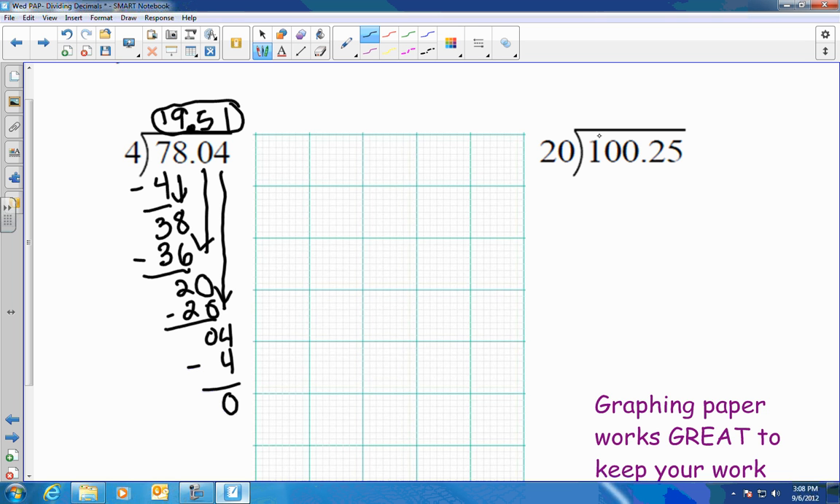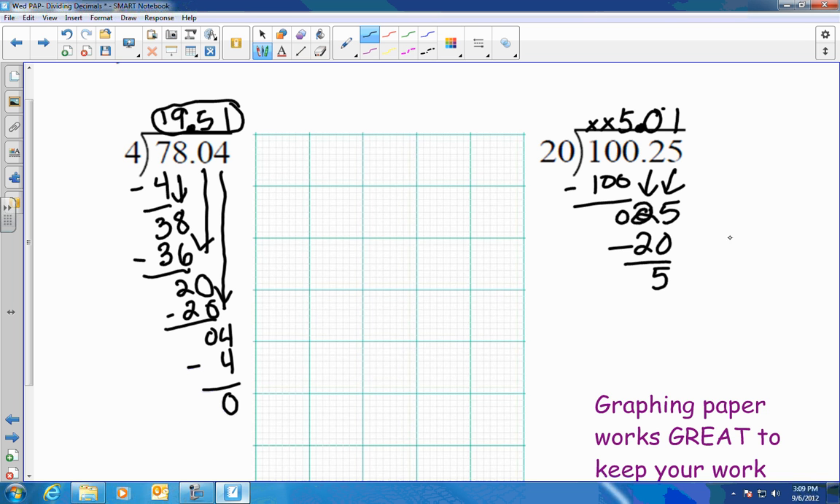Now 20 does not go into 1, so I put a little X up here. 20 does not go into 10, so again I'm going to put a little X up here. 20 does go into 100, and that's 5 times. There's not going to be anything left over, so I'm going to drop down my, make that into a 2. 20 does not go into 2. Don't forget to put your decimal here. So I have to put a 0, not an X this time. Bring down my 5. 20 goes into 25 one time